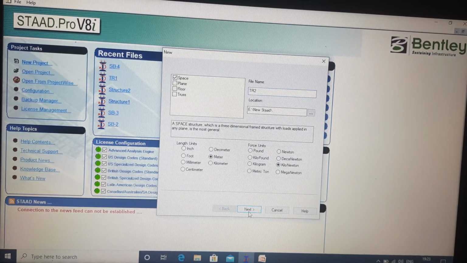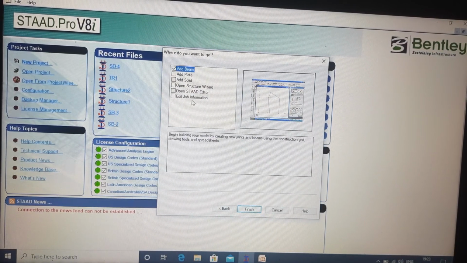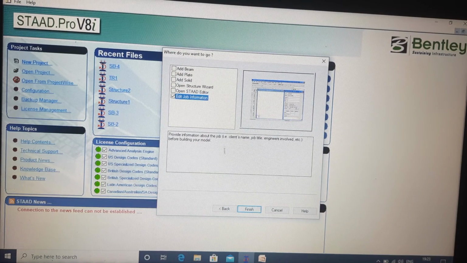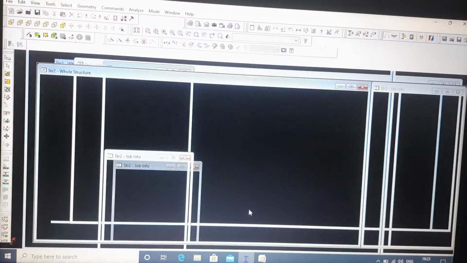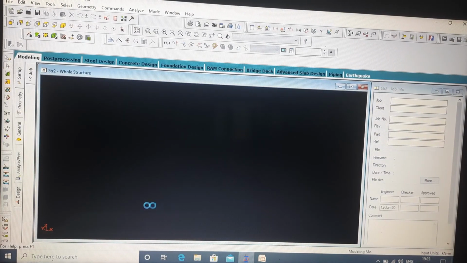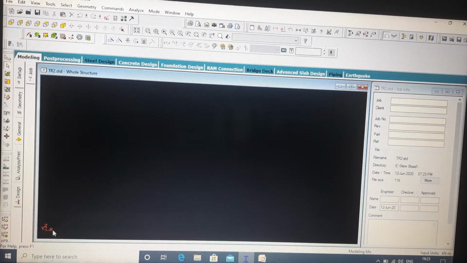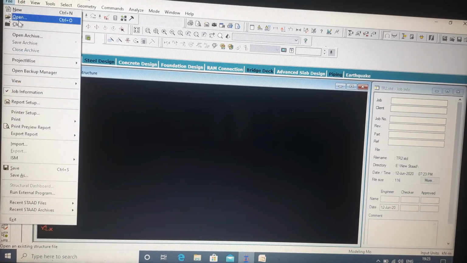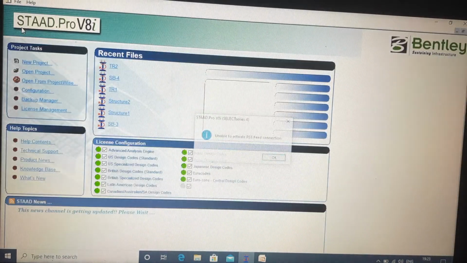This is your next button, and click on add edit job information and left click on finish. Here you will see your vertical axis has changed to Z up. So for new files this changed configuration will be applicable, but for existing files you will not see it.